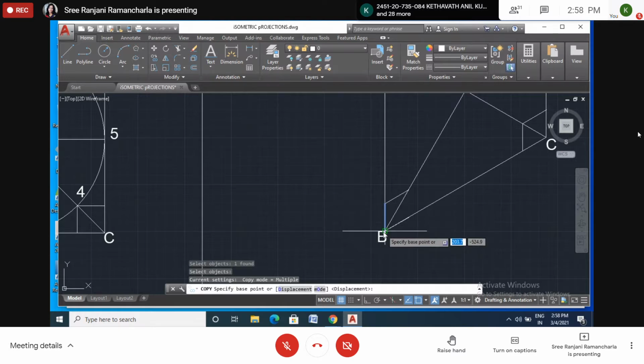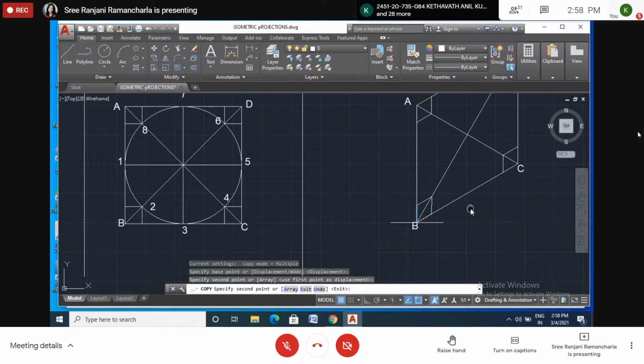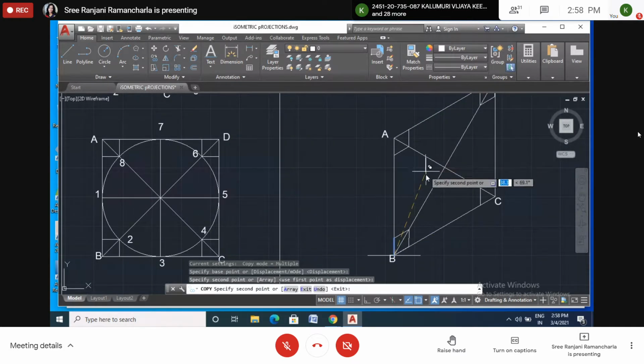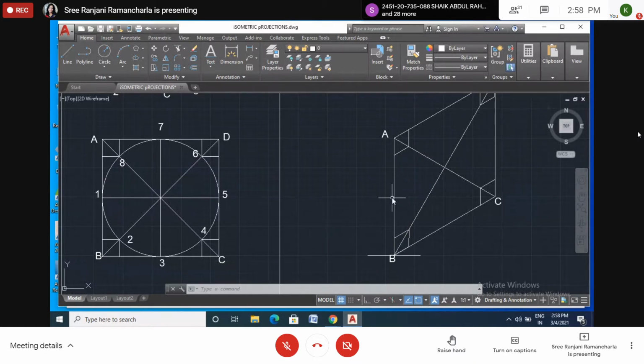Copy or move, you can do anything like this. Now we got these points. Now here also, and what about this 1, 1, 5, 7, 3? What about 1, 5? Should we draw the point or what? Should we draw something or what? No need.